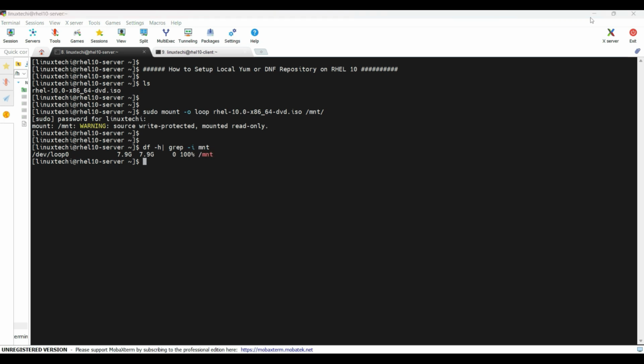Next, install the required tools like createrepo and HTTP. For that, run the command sudo